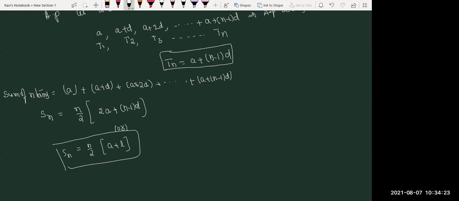For example, I'm going to give one question. Look at this question now. The given nth term is a n equals 10 minus 3n. Then find a1, a2, a3 and check whether they are in AP or not.